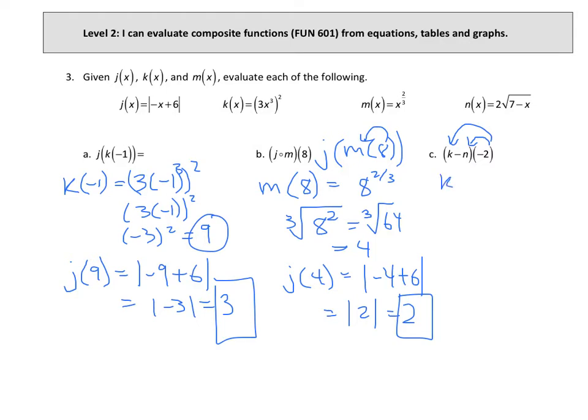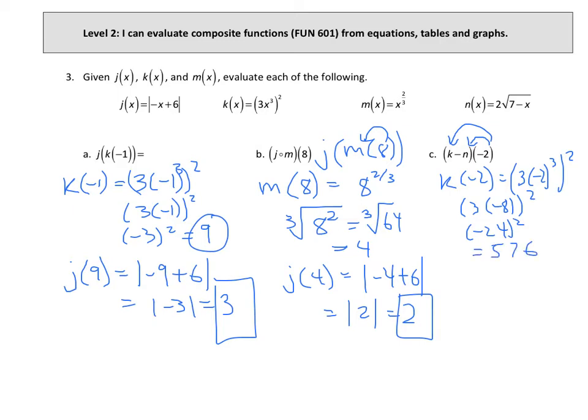So first we're going to find k of -2, and plugging -2 into k, we get 3 times -2 to the third, which is then squared. -2 to the third is -8, so we get 3 times -8 inside parentheses, which is -24 squared,